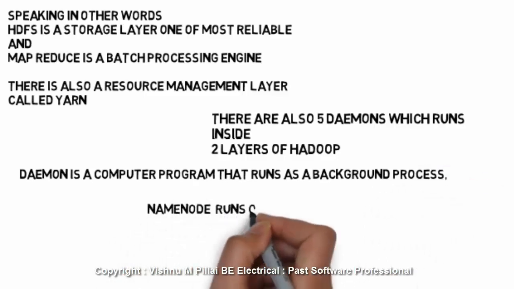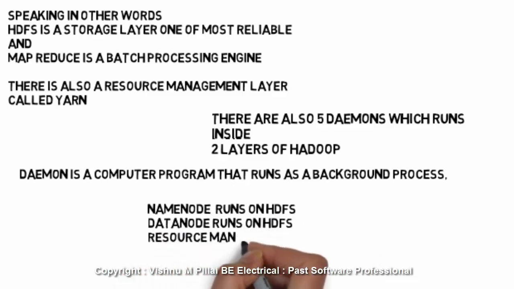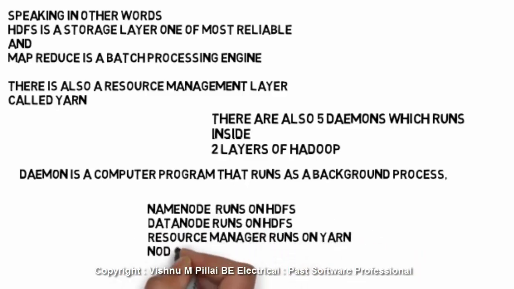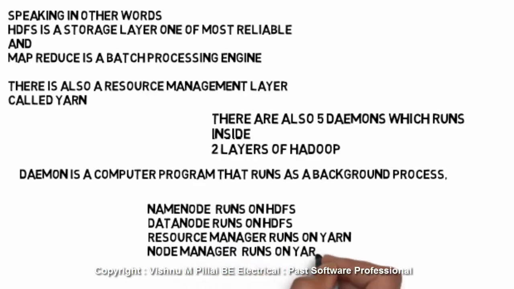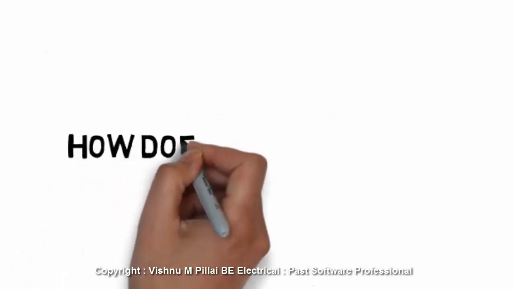A daemon usually takes batch jobs and runs them in the background. The 5 daemons are NameNode, which runs on HDFS, DataNode, which runs on HDFS, ResourceManager, which runs on YARN, NodeManager, which runs on YARN, and